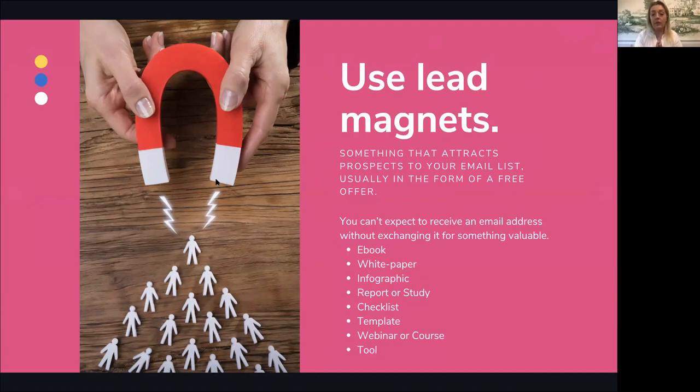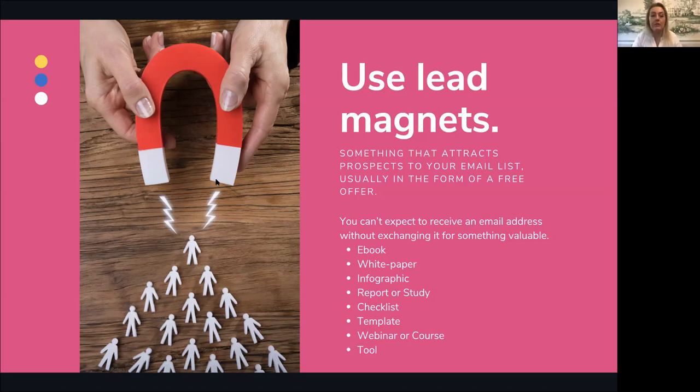Other things that you can offer are, if you sign up for our emails, get our free ebook on how to do blah, blah, blah, right? If you're a service oriented business, you could provide them with an infographic, a report or a study, a marketing checklist, a template for making, I don't know, photos.